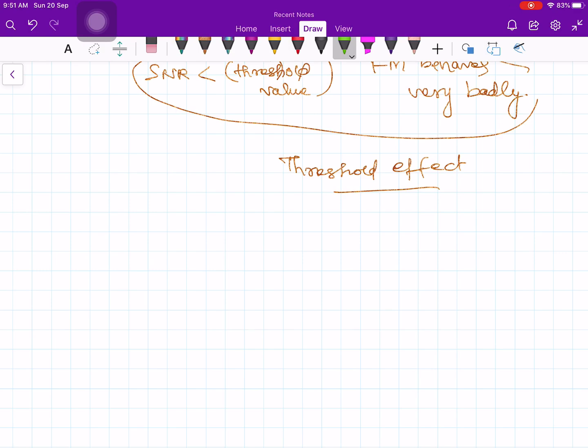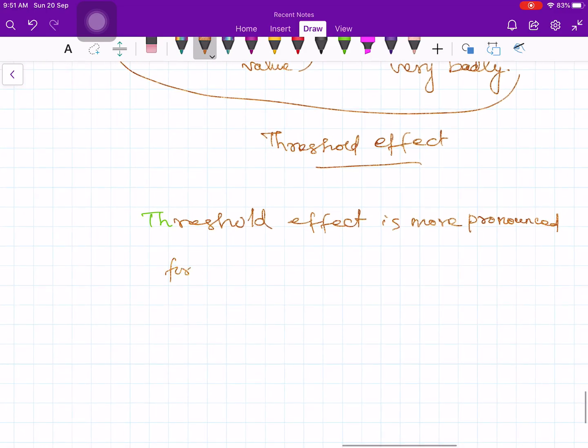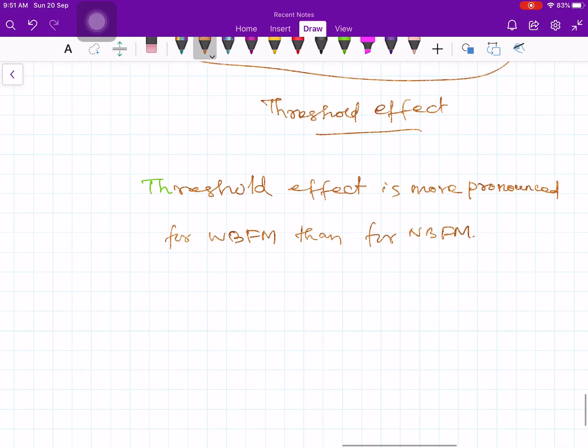That is the reason we are converting our wideband FM signal into a narrowband FM signal using your frequency compressive feedback demodulator, right? So therefore the threshold effect is more pronounced for wideband FM signal than for narrowband FM signal. Okay, so this statement immediately gives us the motivation for going for frequency compressive feedback demodulation, because